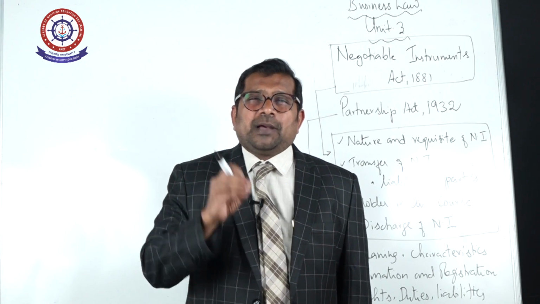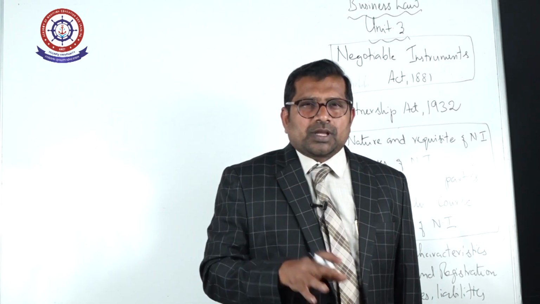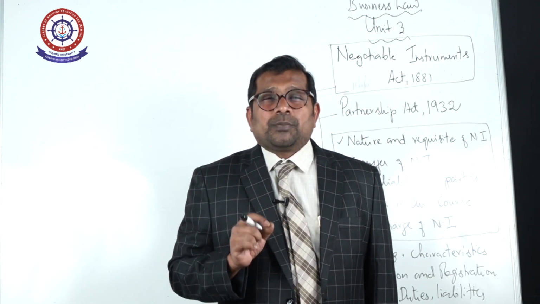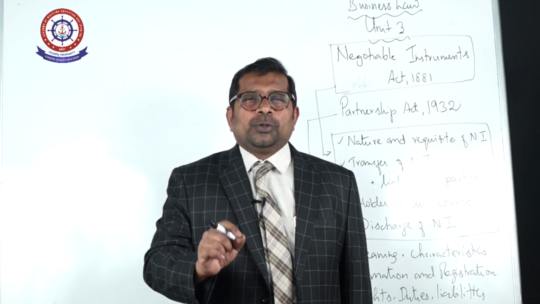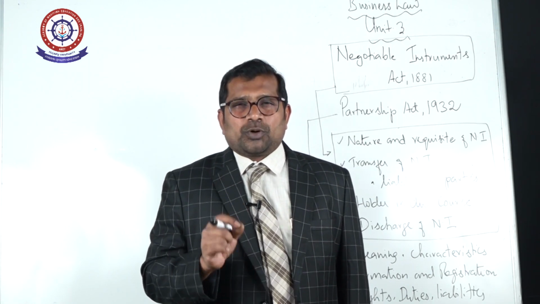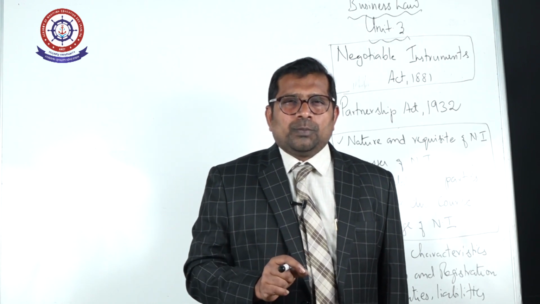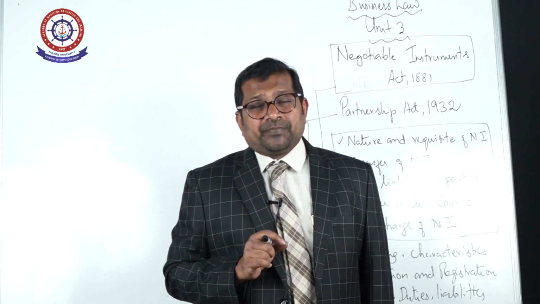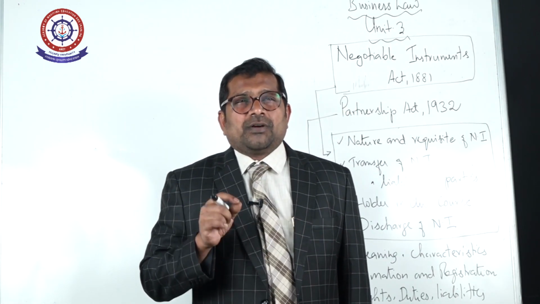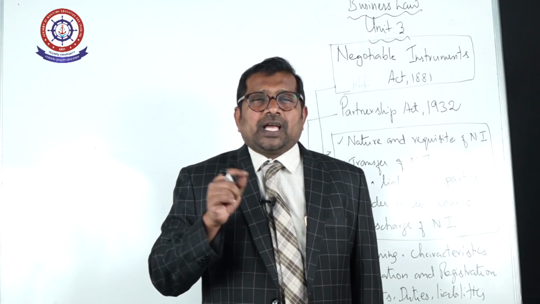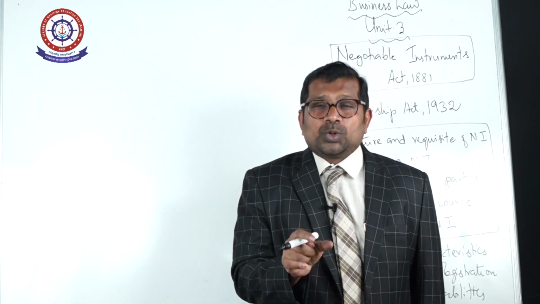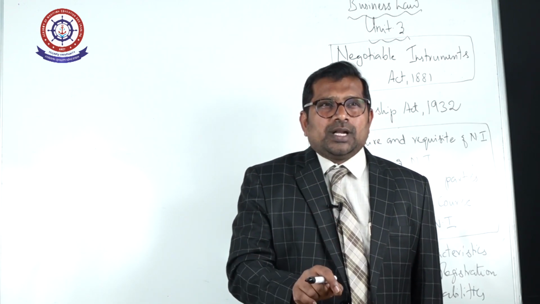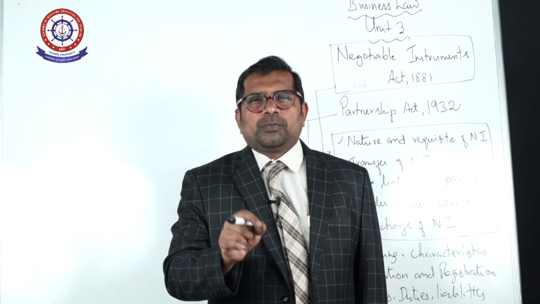The promisor has the primary liability to pay in a promissory note. When we are discussing the liability of parties in a promissory note, the party who has given the promise should come forward to make the payment. The promisor has the primary liability. But in the bills of exchange, the liability of the drawer arises only if the acceptor does not pay. The person who has given the acceptance, if he fails to make the payment, then only the liability of the drawer will come to pay.